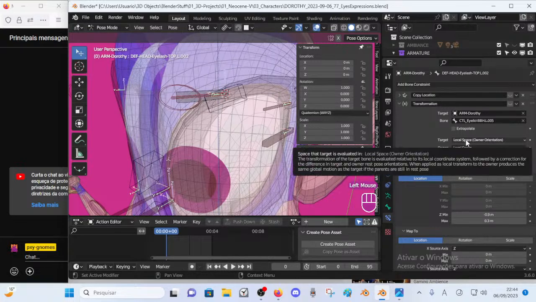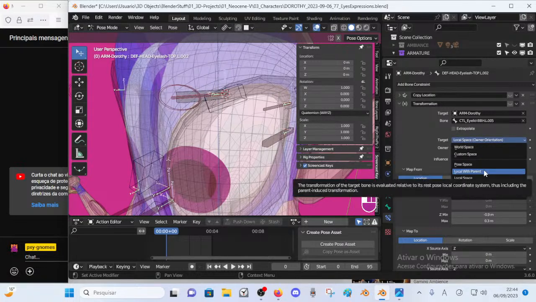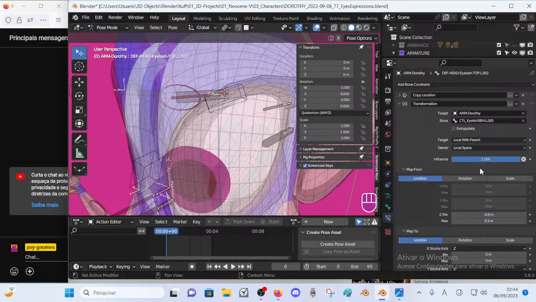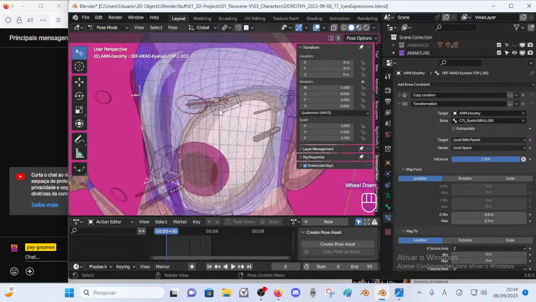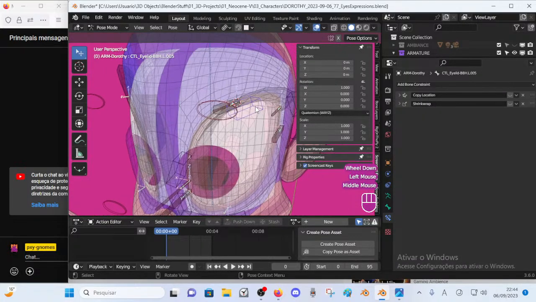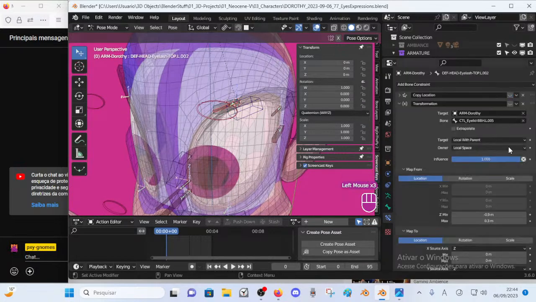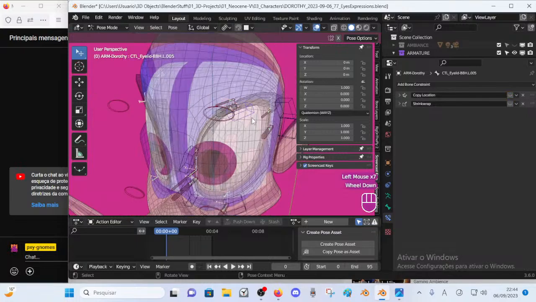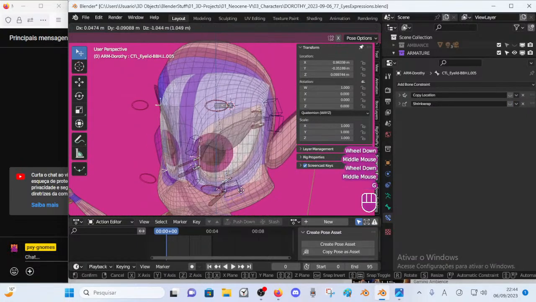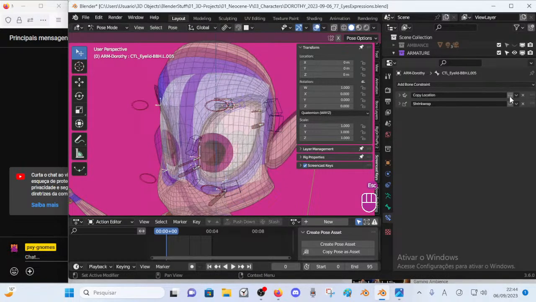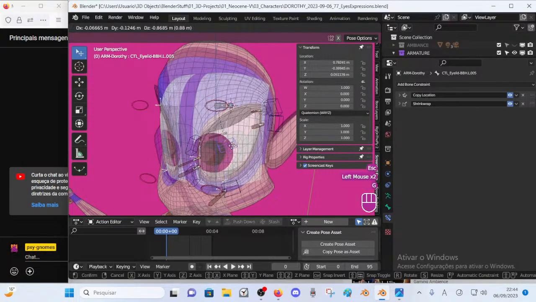Then we use here local with parent, all right, and this means let's enable the bone constraints. Let's see now. Let's enable these things.